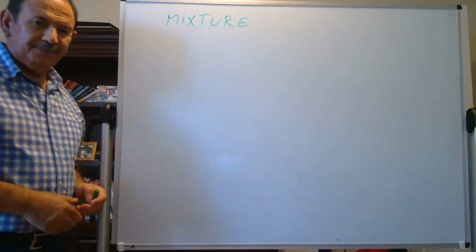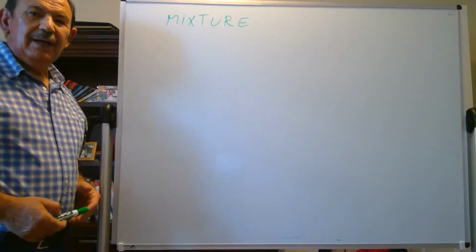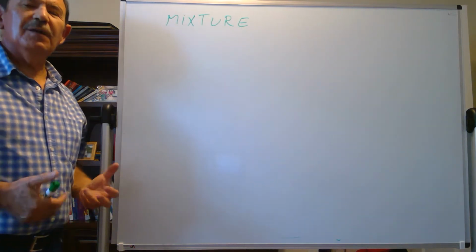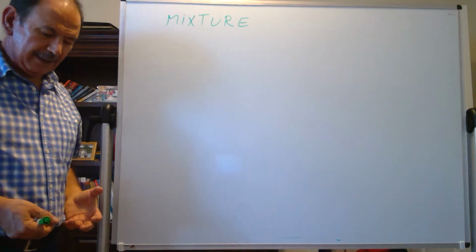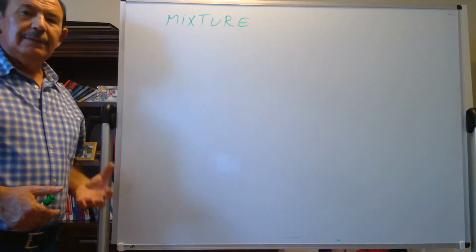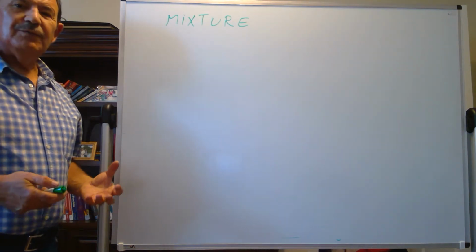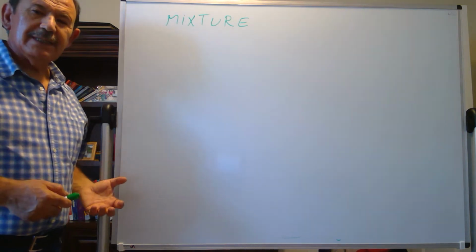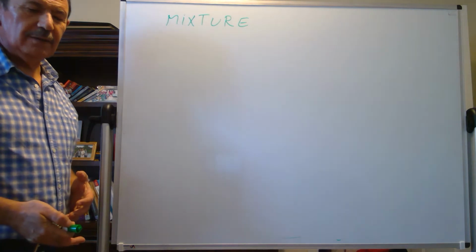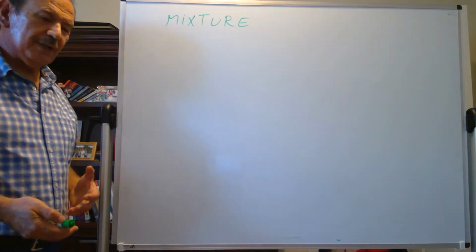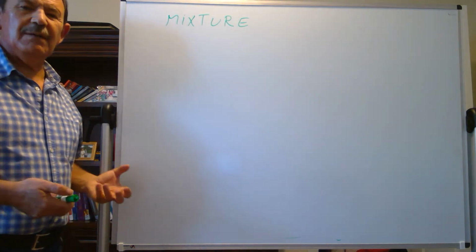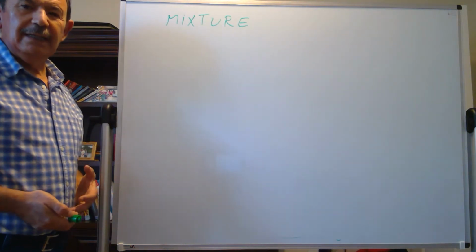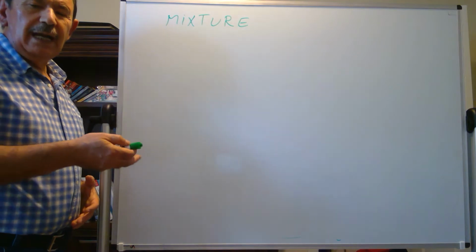Hello everyone. In this video I'm going to talk about mixture, mixing two types of material to each other. As an example, let's say we have two types of solution. One type is 90% alcohol solution, the other type is 30% alcohol solution. If we mix a specific amount of each of these solutions, how much is going to be the alcohol percentage